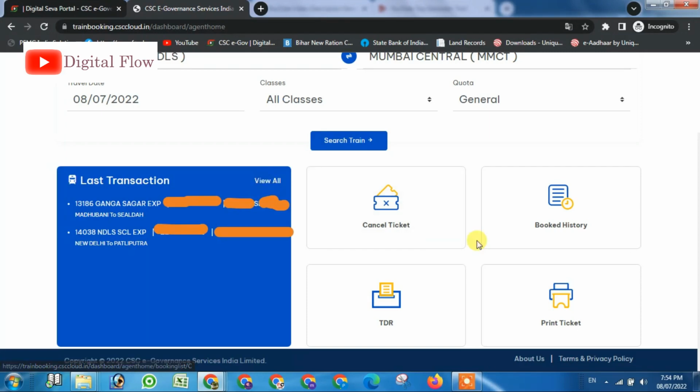And if you also want to check, here is one of the options, booking history. You have to click here, and after clicking you will see all your booking history of your tickets. If you want to print your tickets, you have to click here on print tickets, then you will get the prints of your tickets, and here is cancel tickets.